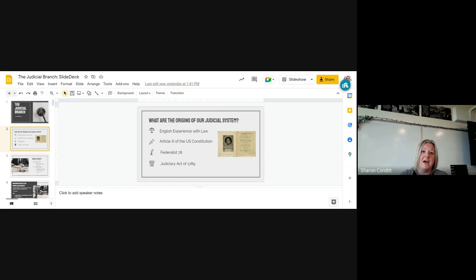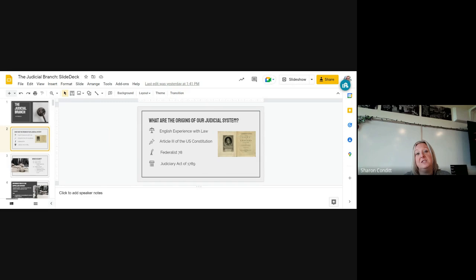We learned on Monday that Congress has the right to create inferior courts. Article 3 sets out that there is a Supreme Court, and that Congress can create inferior courts, but basically it leaves it at that. What the Judiciary Act of 1789 does is it actually creates those inferior courts and fleshes out a little bit about the Supreme Court and how it's going to work, like who gets to sit on it, that sort of thing. So let's spend some time looking at this act.